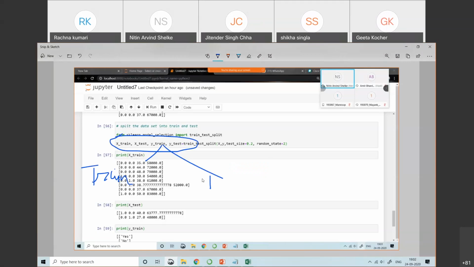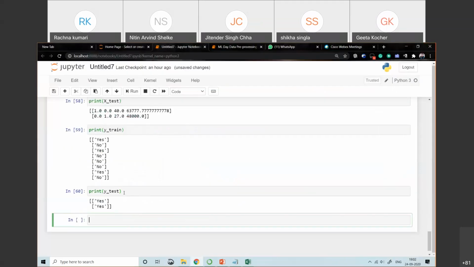But as we have two variables, independent and dependent, because of that we have xtrain here, and in the case of testing we have the xtest. Again, we have y as my dependent variable, so you have the ytrain, and in case of test you have the ytest. So this is about splitting the data set into training and testing. Now the last part that we have is feature scaling. Now let's start with the last part.